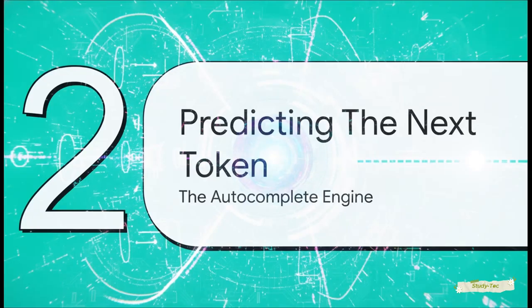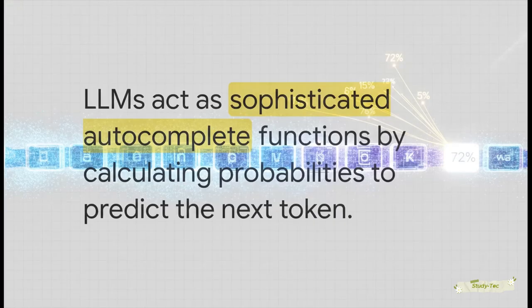All right, section 2, predicting the next token, the autocomplete engine. Now that we have our building blocks, let's take a look at the engine itself. At their absolute core, large language models are essentially just super sophisticated autocomplete functions. I mean, they don't think in a human sense, they calculate. By analyzing the sequence of tokens you fed into it, alongside its massive ocean of training data, the AI simply calculates the probability of what the very next token should be. And then it does it again and again, predicting which word comes next, over and over,